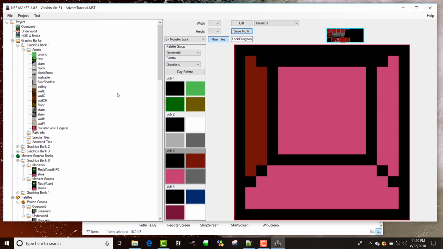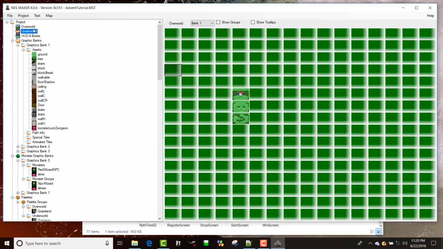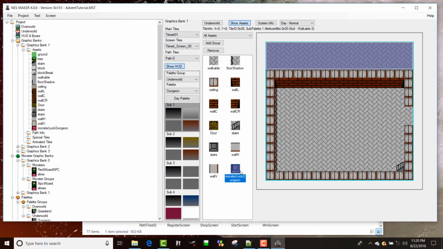And the thing about a monster lock is when the monster lock goes off, it also triggers the screen, just like what happened when I got the sword. So we want to make sure that we put the monster, like if we put the monster lock here,